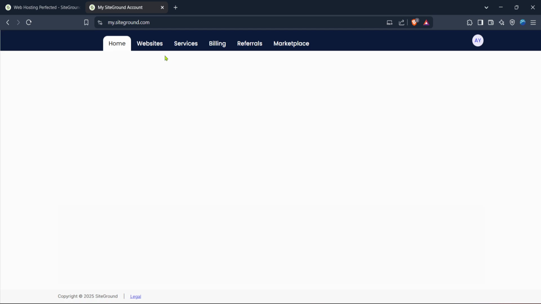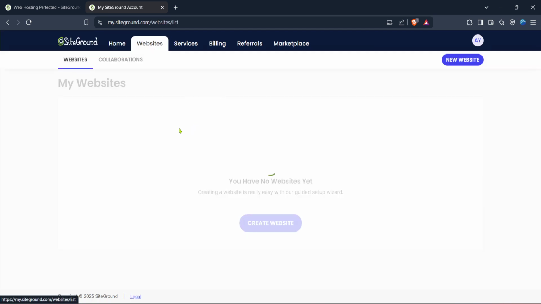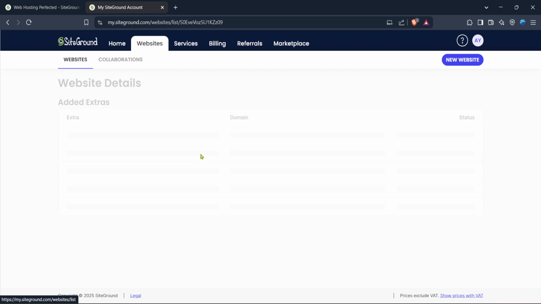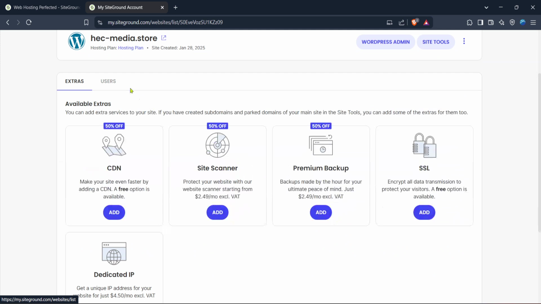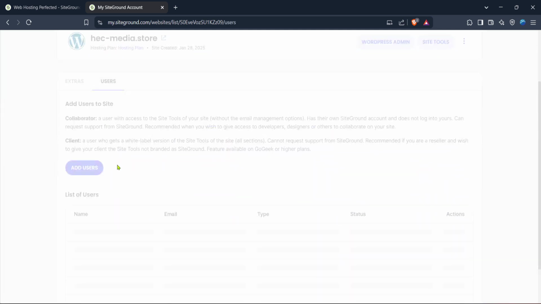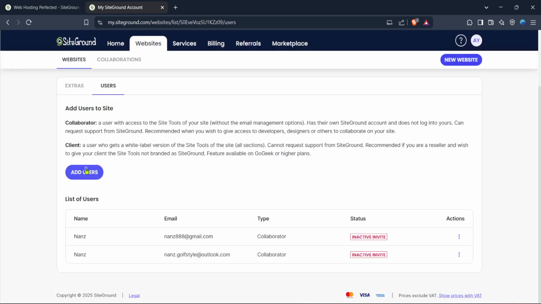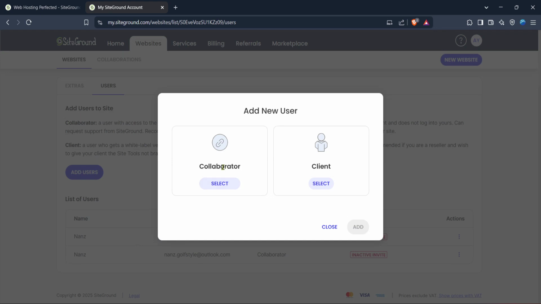Double check all the information to make sure it's correct, as you'll want to ensure the new user receives their invitation without any issue. Once satisfied with the entries, find the Add button and hit it. Congratulations, you've successfully added a new user to your SiteGround website. This user will now receive an email invitation guiding them to complete their setup on your site.